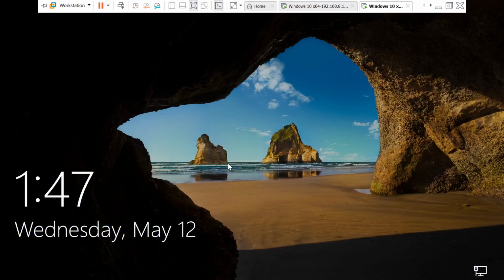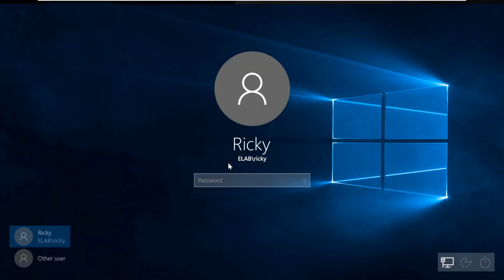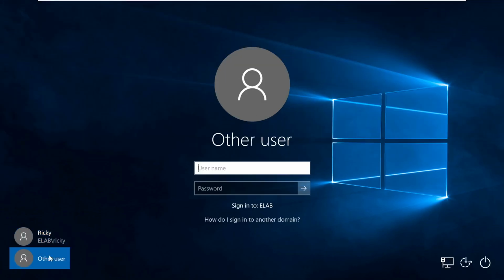This time I am logging in as a domain admin. This is my PC, you can see Ricky Lab. So I'm going to the other user, and this time I'm logging in as a domain admin.